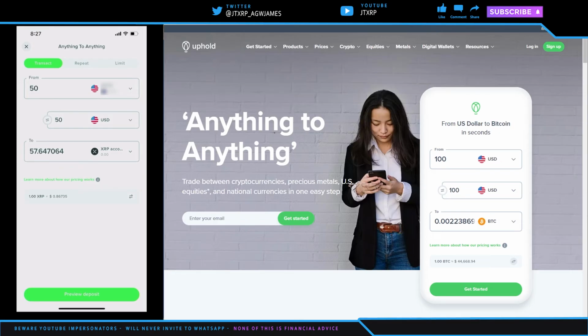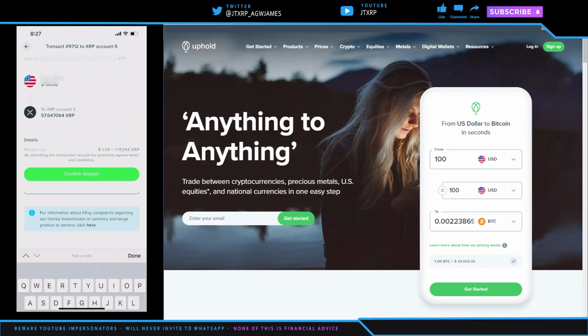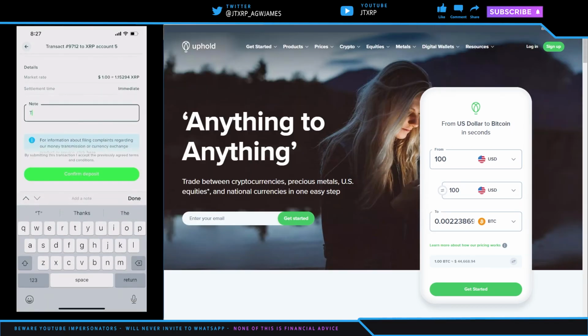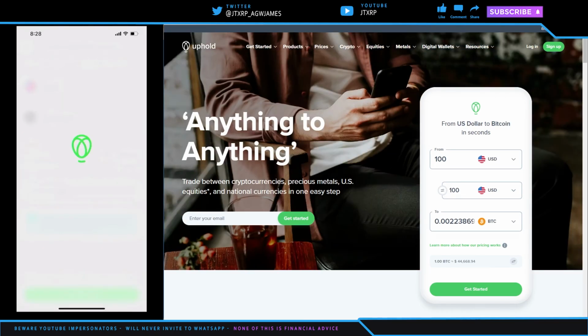So next it's going to ask me if I want to confirm the transaction. So I'm just going to put a note of test account, JTXRP. So I'm going to put these funds in my Uphold account by hitting confirm deposit. It's going to do the transaction. You're going to see the little balloon and a little spinny thing, and then it should give you a check